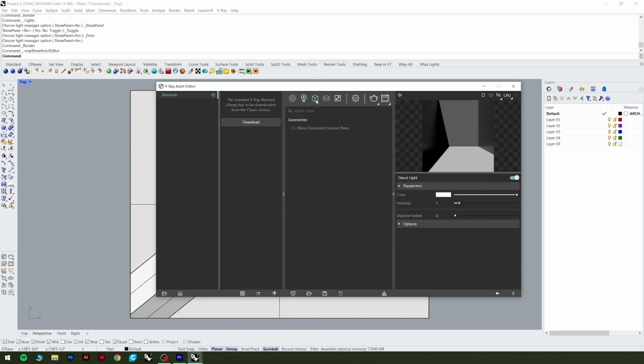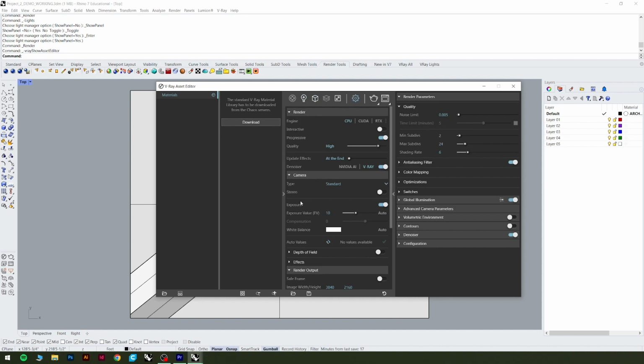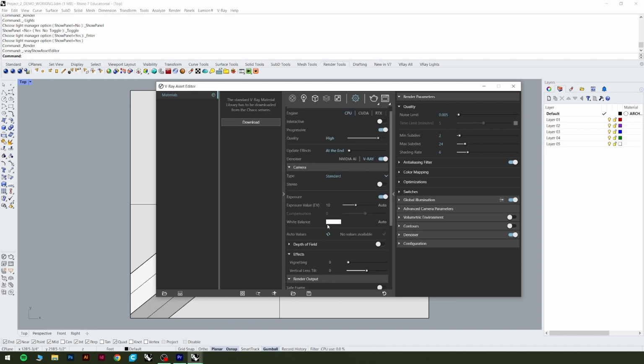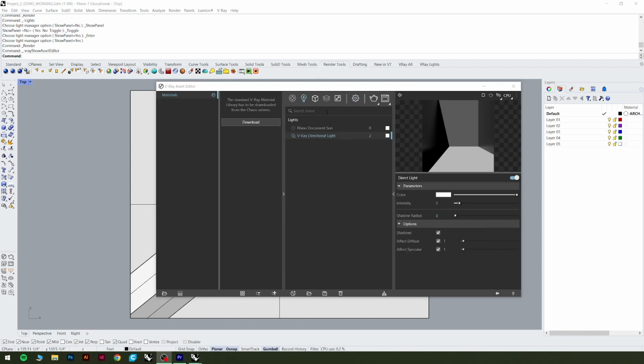But that's essentially it for this window. But you could come in here and keep editing these lights, and you could go back to the camera and change that exposure value. And we might be able to see information about the shadows that we're going to be casting. If you go into the lights tab and then click on your light,